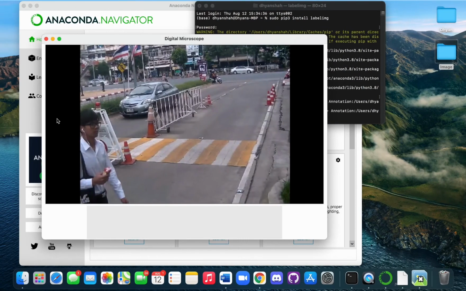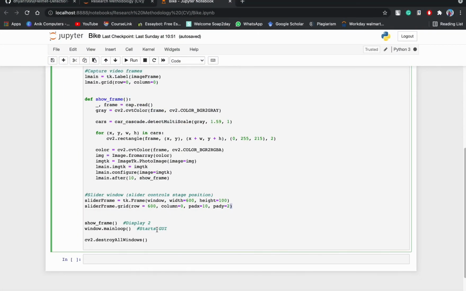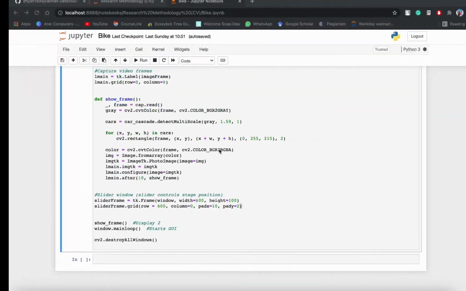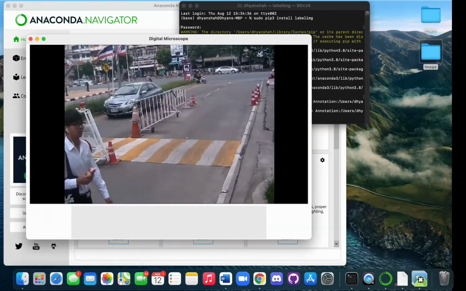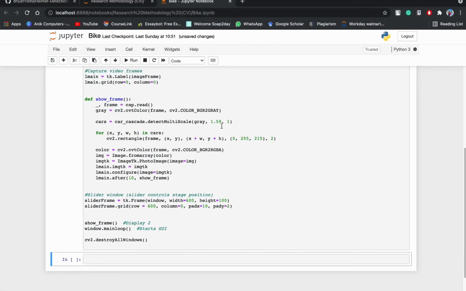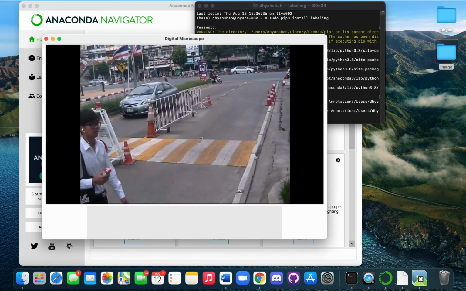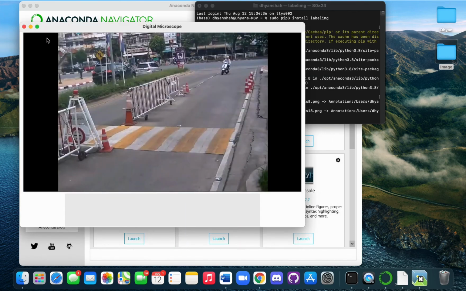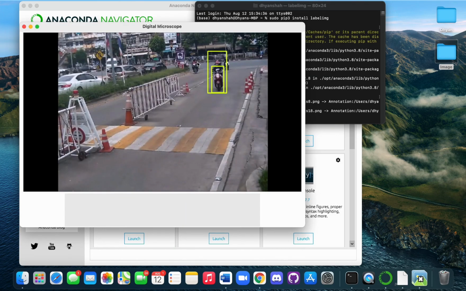You can see there is a black area left and right, which is the padding. At the end there is a slider window, so that after the image moves from one place to another there is a slider you can see here.